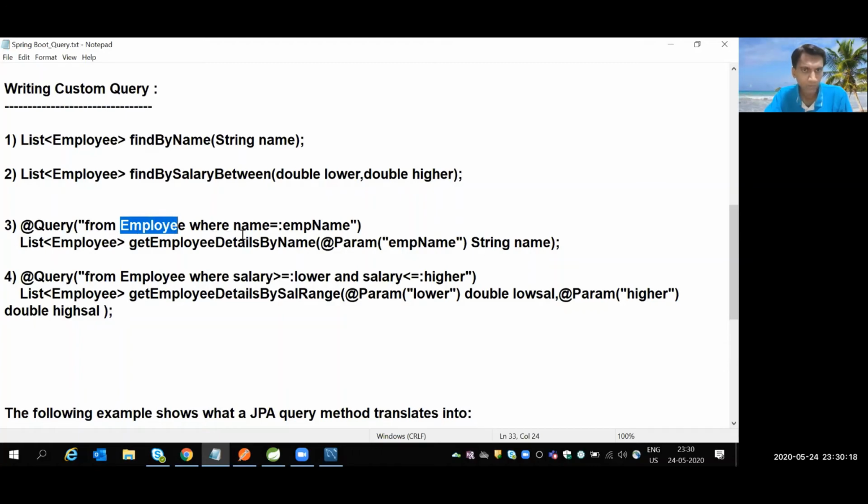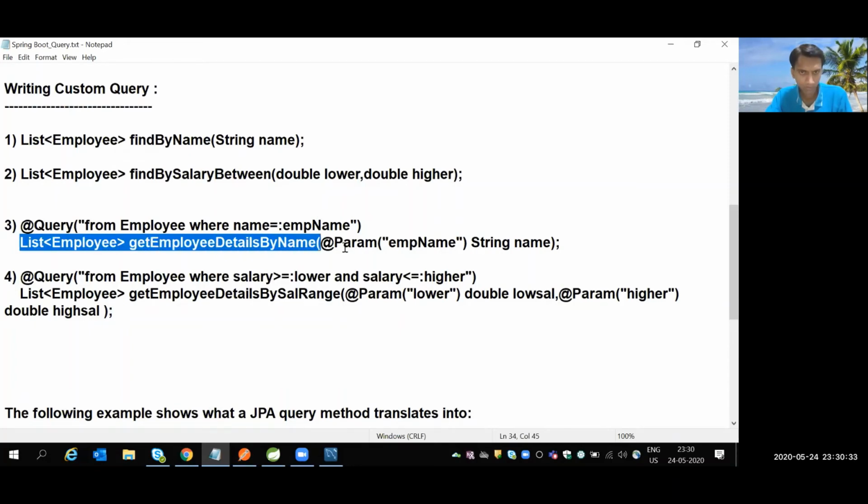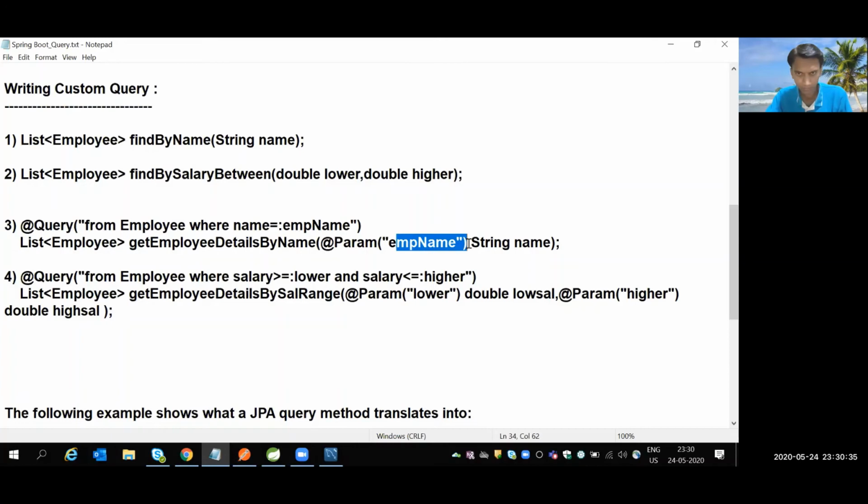So from Employee where name equal to, now I want to pass one parameter, :empName. I'm using one more annotation with the method, List<Employee> getEmployeeDetailsByName with @Param empName. This is the parameter I want to pass. Whatever param name you specify, the same name you specify in the query to pass this dynamically.